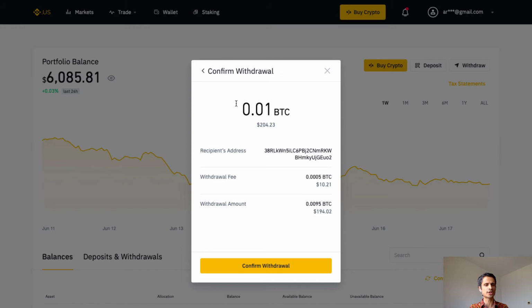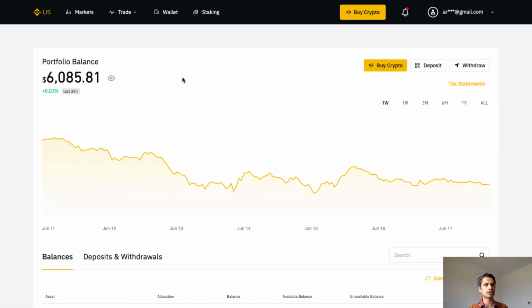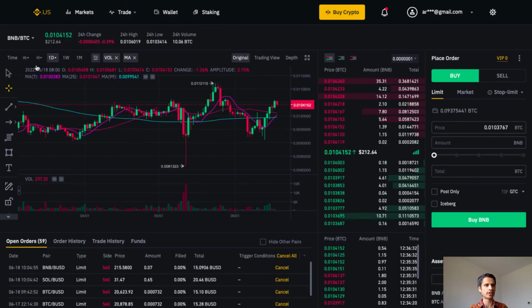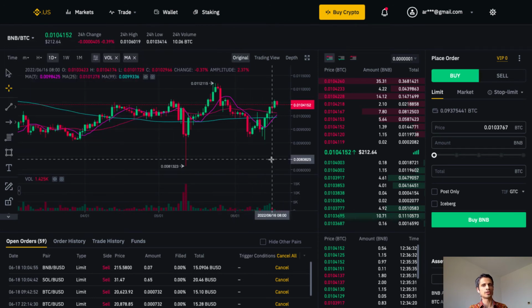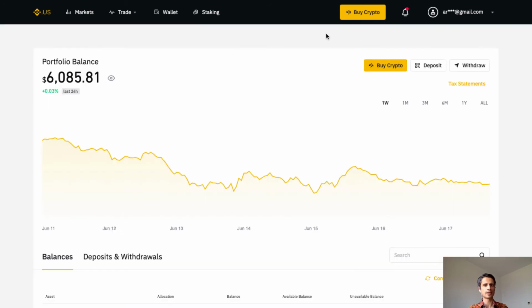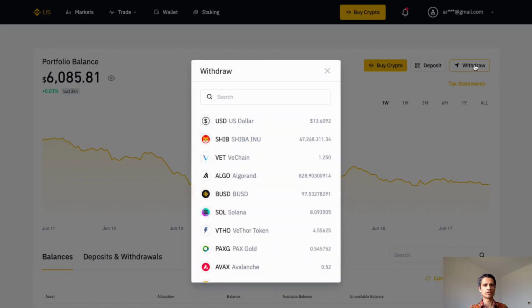So if you're sending such a small amount of Bitcoin, such as 0.01 Bitcoin, it really doesn't make sense to pay such a high withdrawal fee. I mean, wasn't this what crypto was supposed to avoid, these high withdrawal fees? So fortunately, there is a way around this, and this involves some trading. So if we go to trade here, advanced trading, we can see here's a chart. I pulled up BNB BTC. So what you could do is you could trade your Bitcoin for BNB and come back to the wallet, withdraw